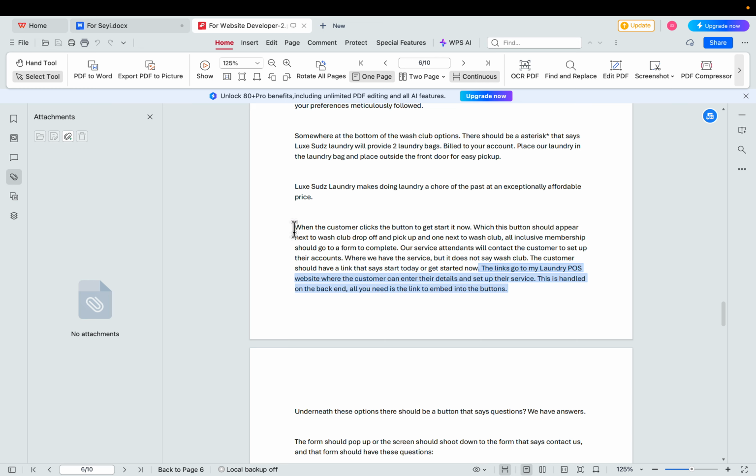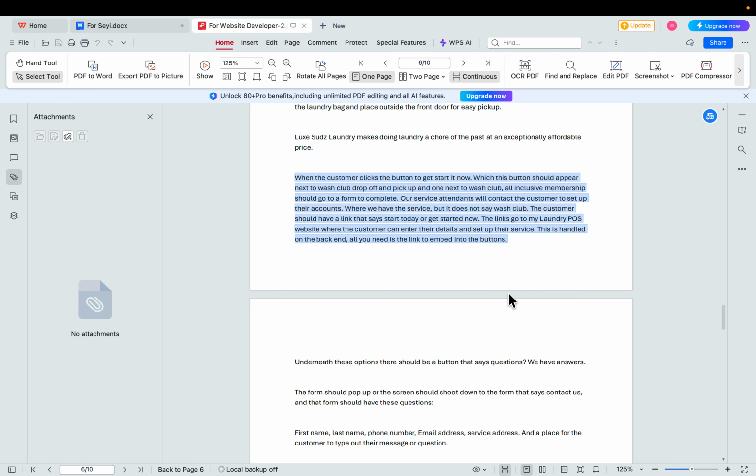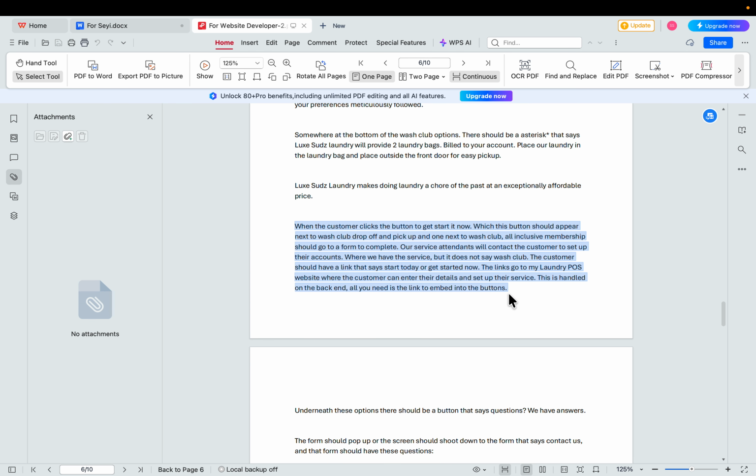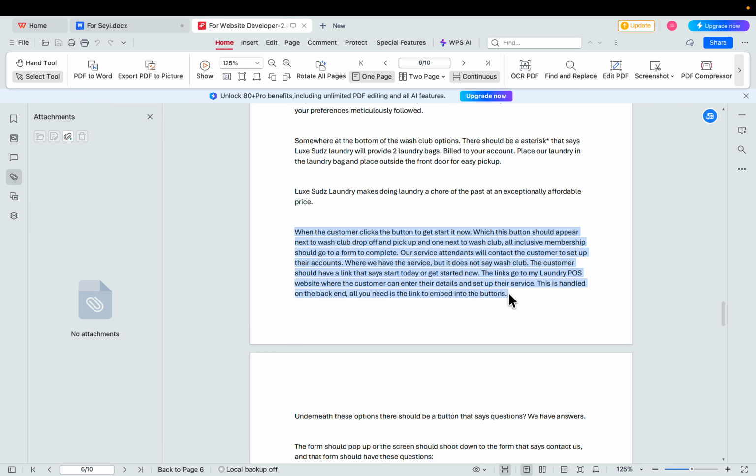While you're working on this, I know that my POS company, Sense, is working on a way that when someone clicks our regular link, the other link that I was telling you about where they set up their laundry service, they can just automatically go to the Wash Club or choose the Wash Club Elite. Eventually, when they click that button, it goes directly to the link and they can just choose Wash Club or whatever. But as for today, we need to have it as a form.